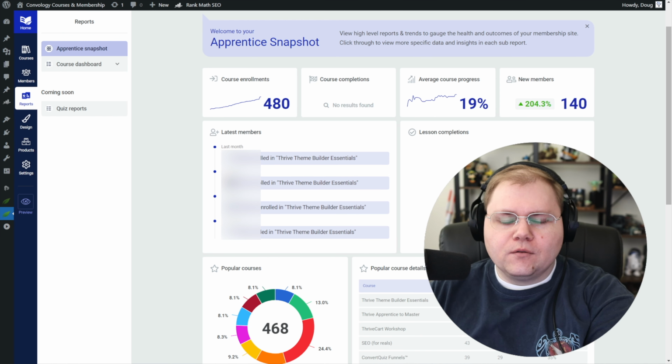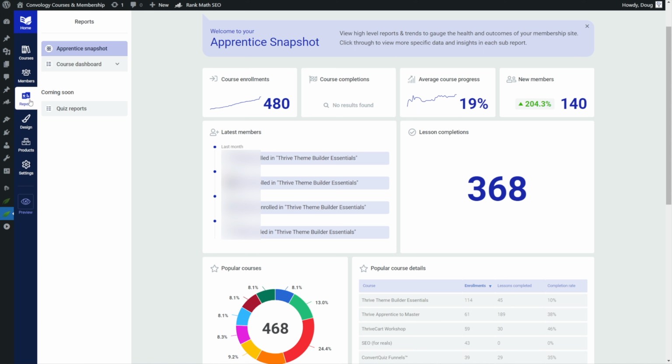I'm going to get myself out of the way here. Okay, so the first thing is the new main Apprentice snapshot. I actually think this is a decent overview. It's kind of like in Google Analytics. If you're a Google Analytics user, you know that most people only ever hit that basically overview page of the analytics and data. And that's because when you drill down too deep, things can get confusing and less useful. So just by going to the reporting, or reports option rather, here on